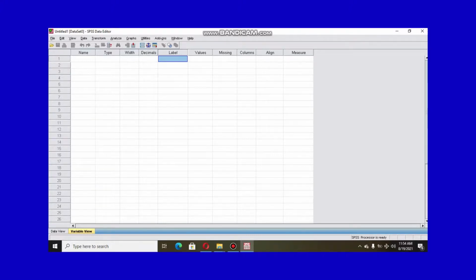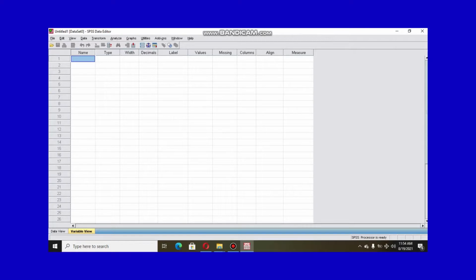So this is a platform that you must understand first of all, on how you are supposed to transfer the questionnaire information from the questionnaire to SPSS. It's important that the application understands the nature of the variables you're going to be using before you can enter the actual data.